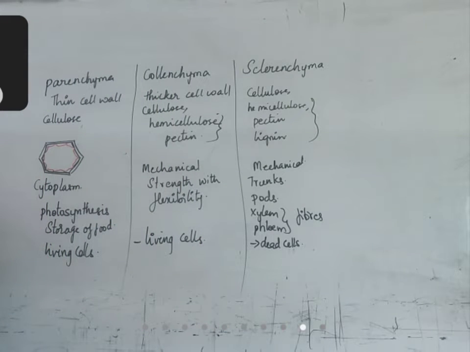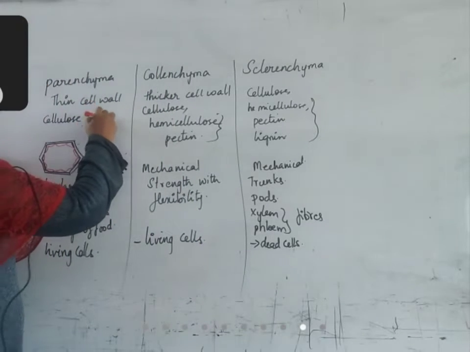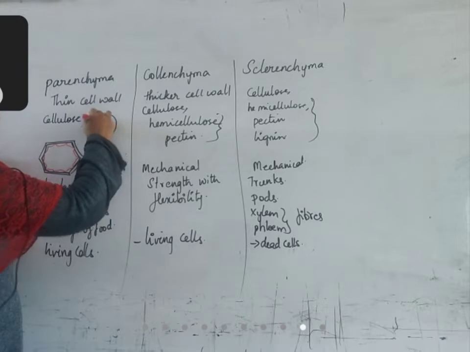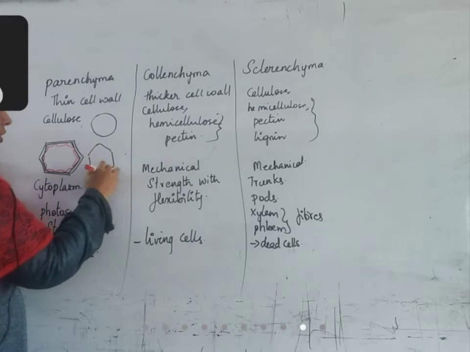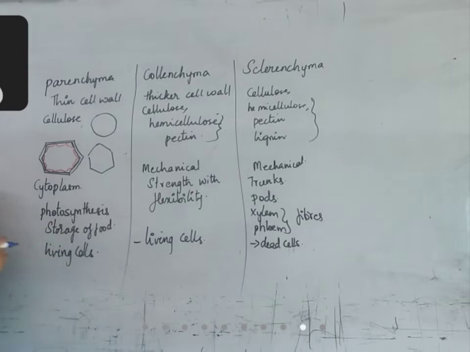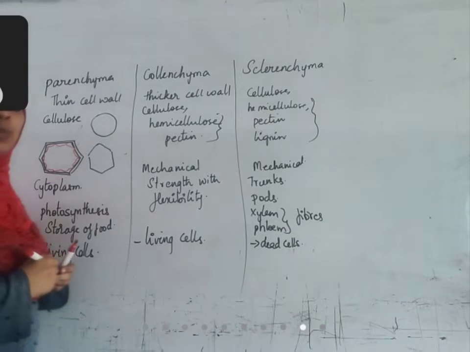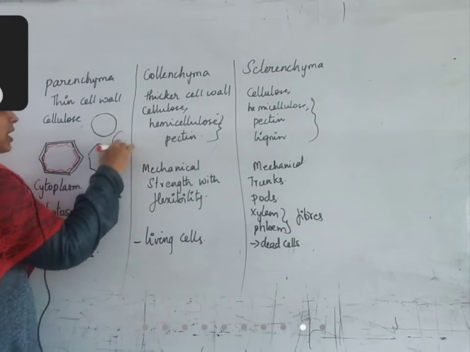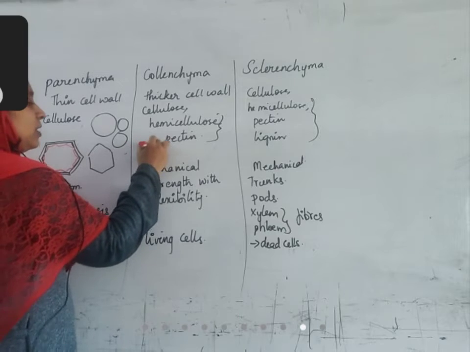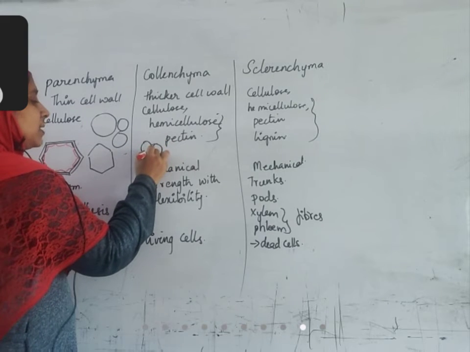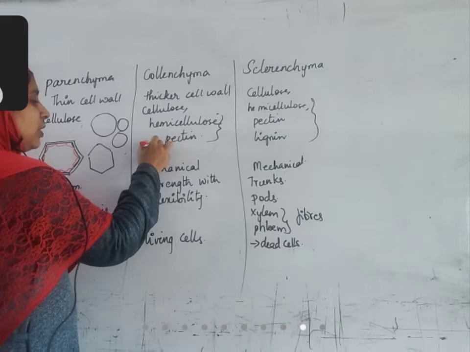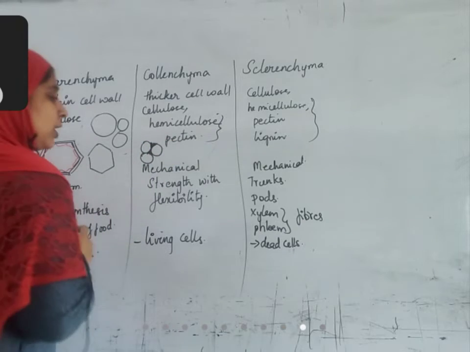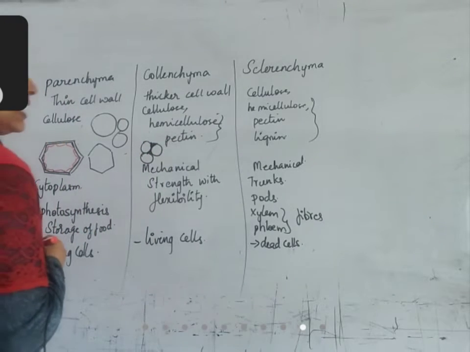If you observe the shapes of cells, parenchyma are isodiametric, round, polygonal, oval shaped, etc. Collenchyma is also similar, isodiametric, polygonal, oval. But the difference is that in parenchyma there are some spaces between cell to cell. In collenchyma, there is no space. It is filled with secondary cell wall. Collenchyma is tightly packed cells.